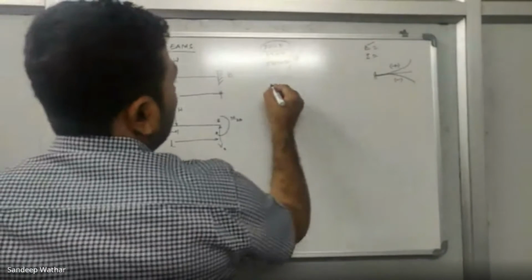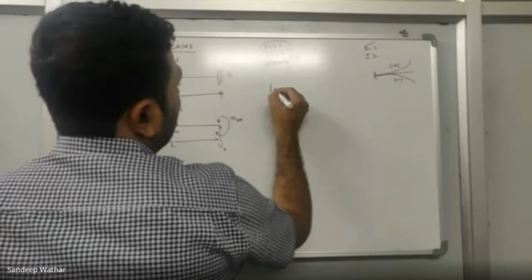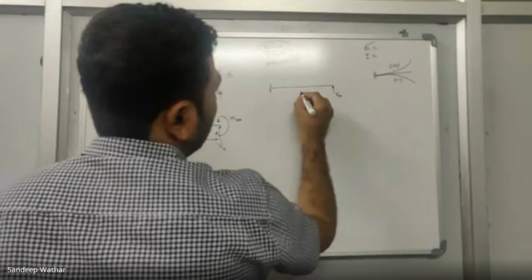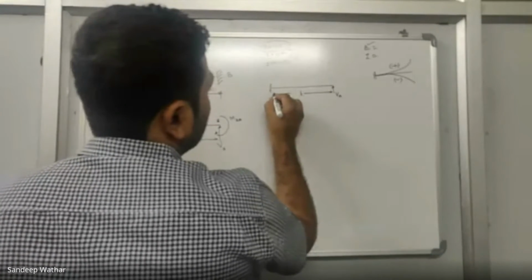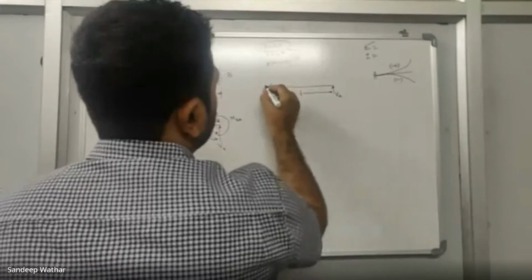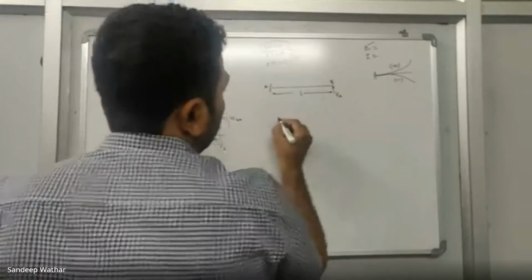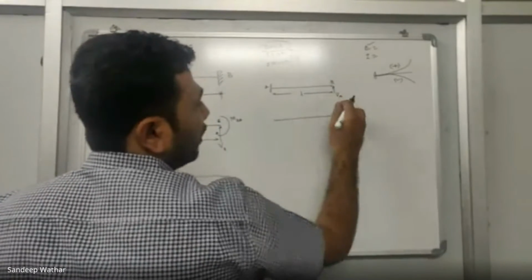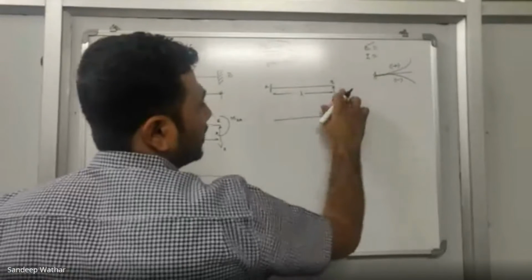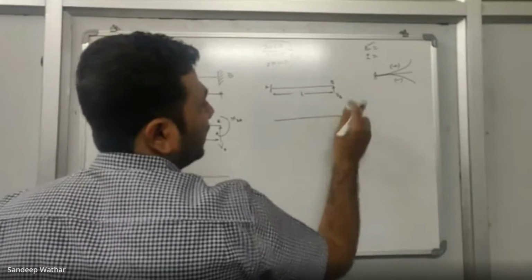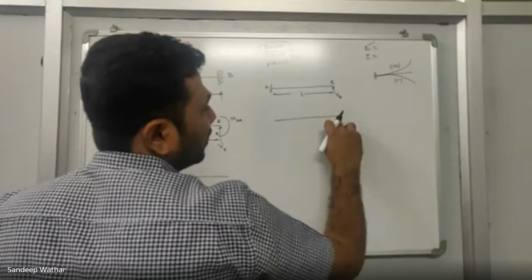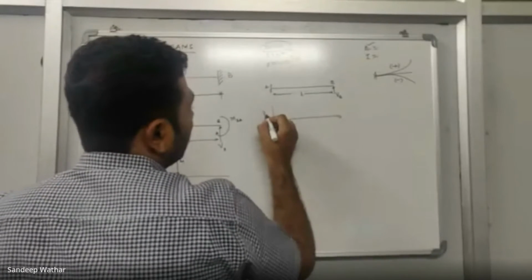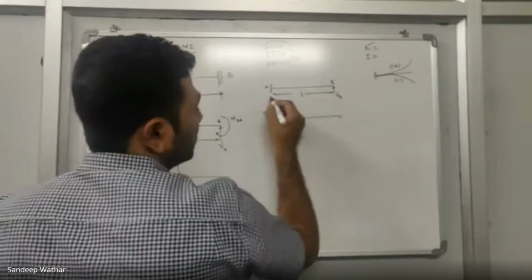Okay. Let me apply VB here. What is this distance? L distance. Okay. Now this is A, this is B. Let me first calculate the bending moment diagram. How much is the bending moment at A because of VB? It is equal to 0. Sorry, again a mistake. B. Okay. So the bending moment at this point is equal to 0. If I calculate the bending moment at this point, it will become VB into, what is this distance? L.